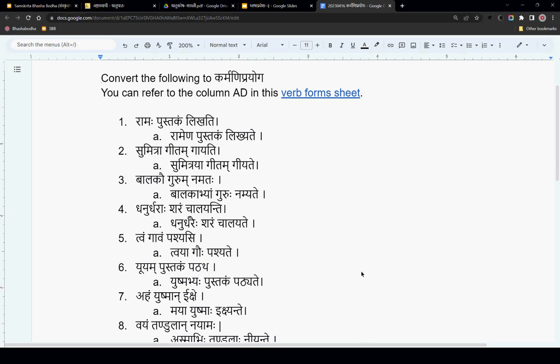And Sumitra Geetam Gayati. Sumitraya Geetam Giyate.